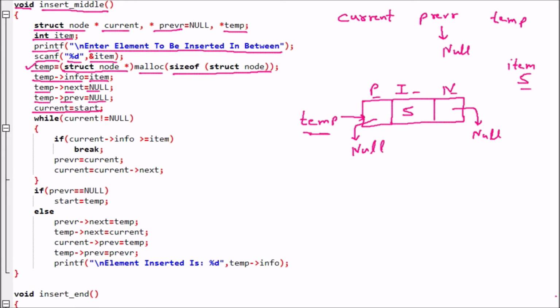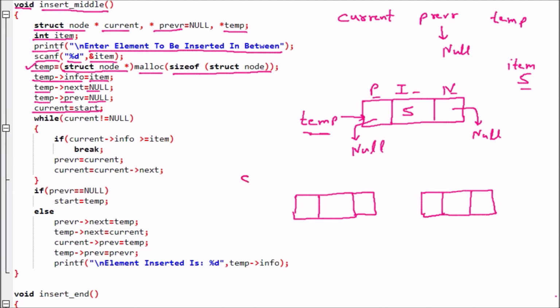Now we assume that a linked list is already present where we have to insert this node. Obviously we will have some linked list. Let us suppose that this is a linked list which contains 2 nodes already. So these are the 2 nodes of the linked list, and this is a doubly linked list.